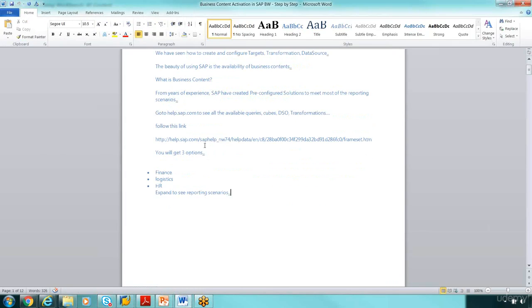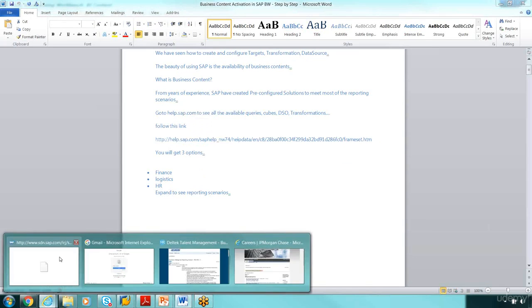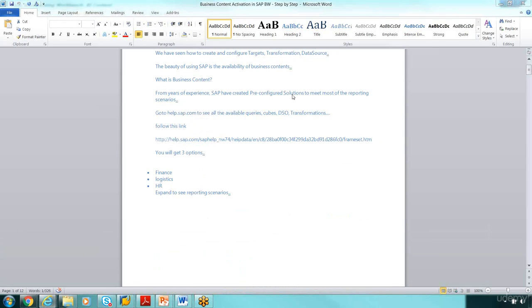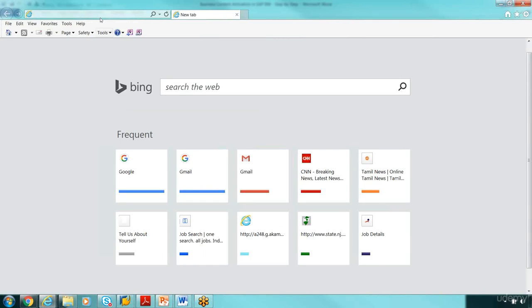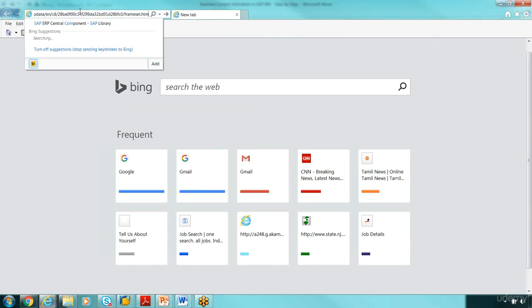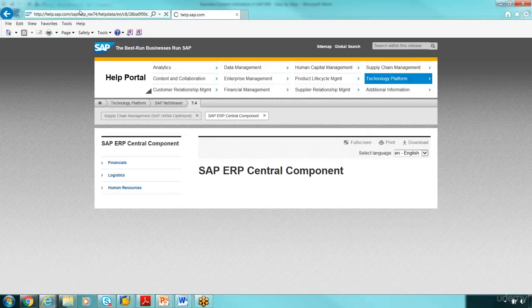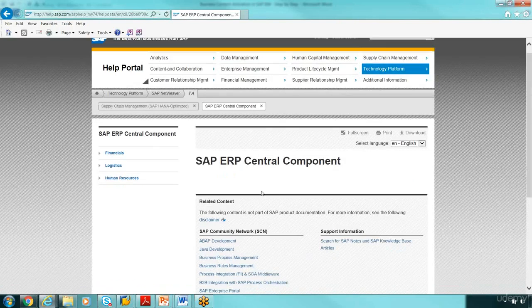If you need to see what the different objects available are, then you can go to this. I will be sending this document to you guys, but just in case I'm telling you, right? You can click on this and copy this. That's actually the place from where you can